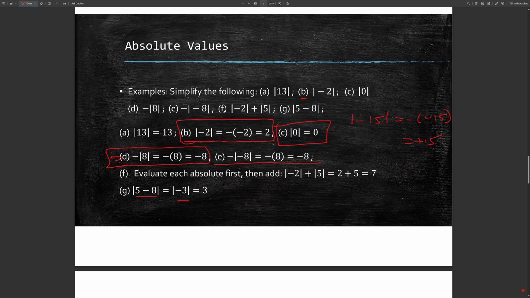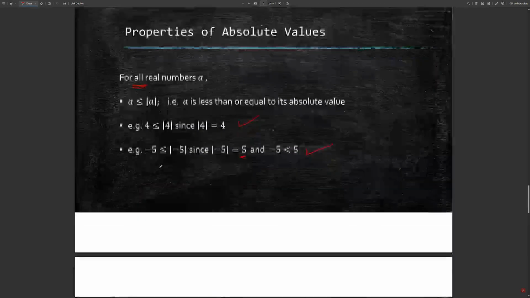here in G, where I said that we work out what's inside first. This is where we have an operation inside, like 5 minus 8. Or if we had something else like 12 plus 8 or something like that, what is the modulus of 20, which is equal to 20, right? This is where an operation is involved, like plus and subtraction, etc. This one here